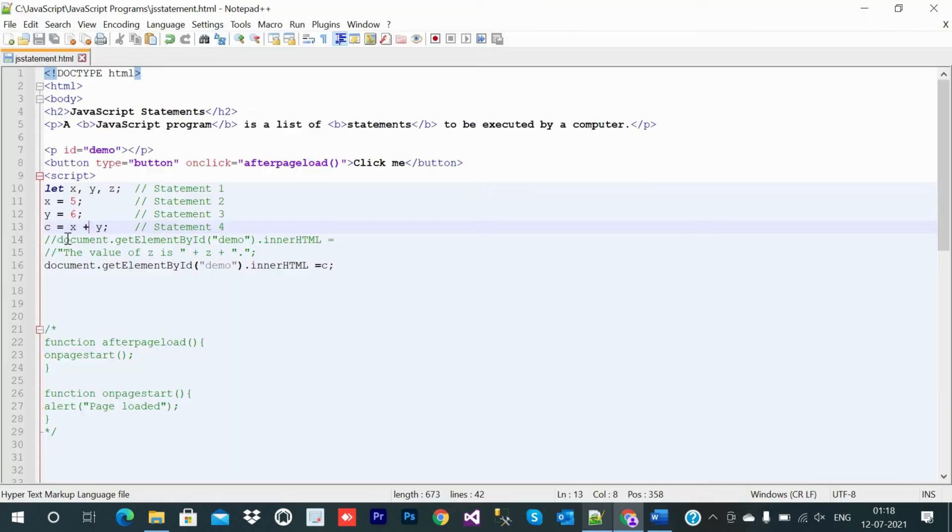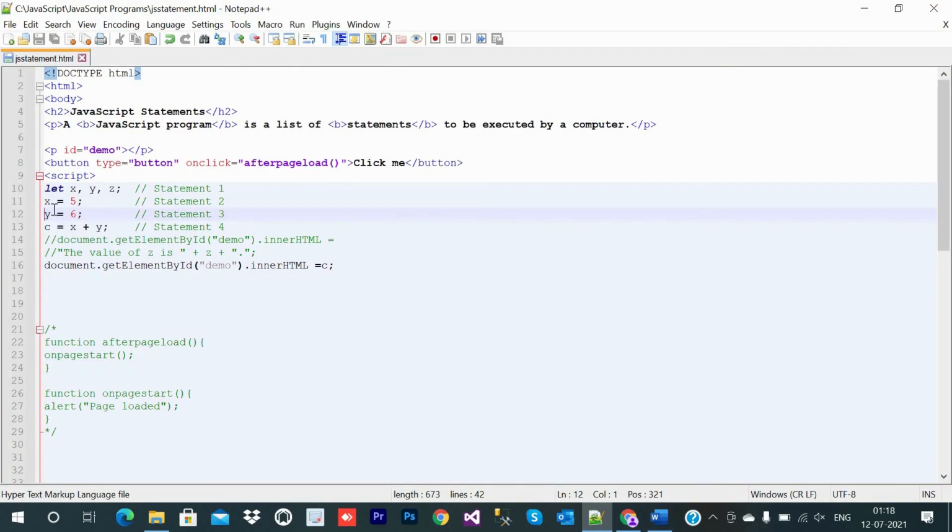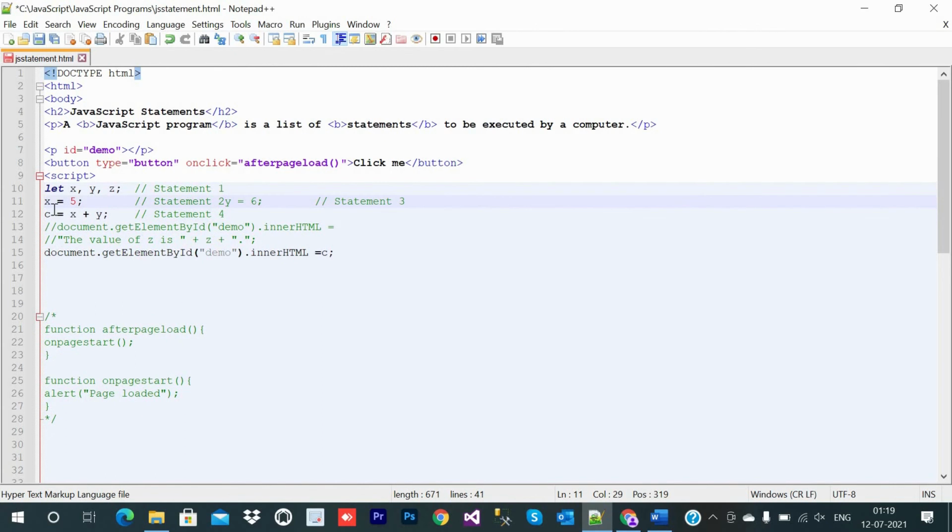As we wrote so many lines like x equal to 5, y equal to 6, z equal to x plus y, if we want, we can write that in one line also. How can we write it? We can write it separated by semicolons. In one line we can put that three-line code. So when separated by semicolons, multiple statements on one line are allowed.